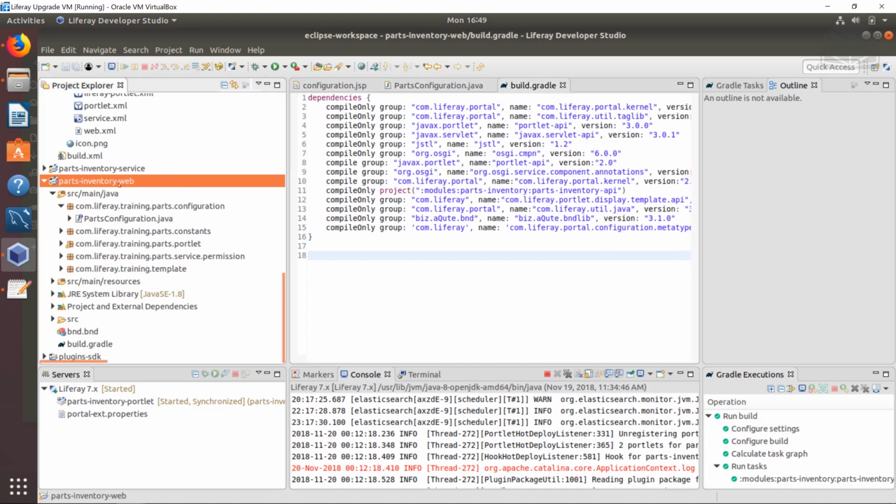So I need to save the file first, and then we do the Gradle refresh. In my case, I use Control F5. All right. So next steps here, what we're going to do is we're going to head over to the parts